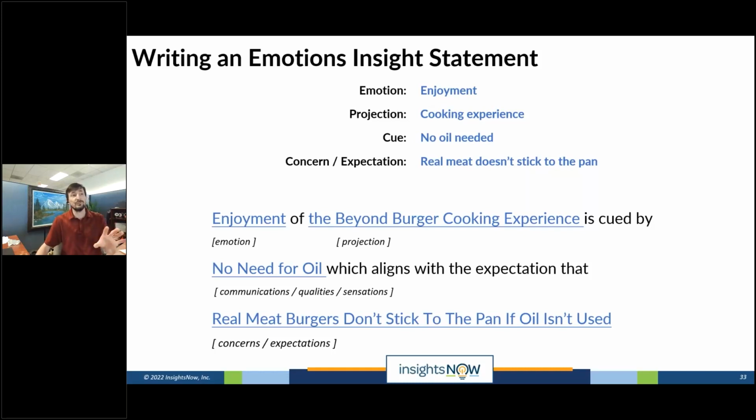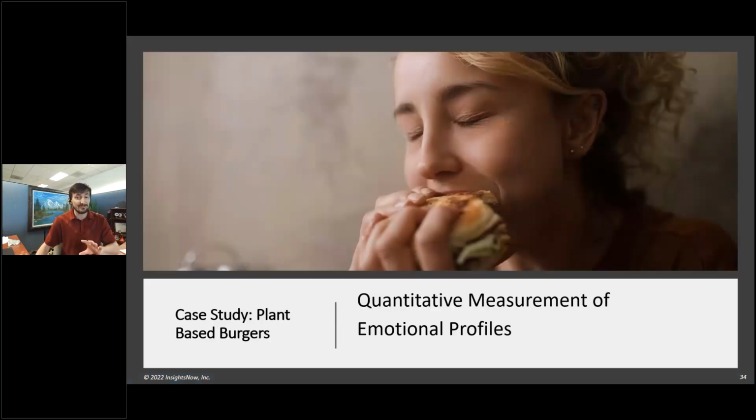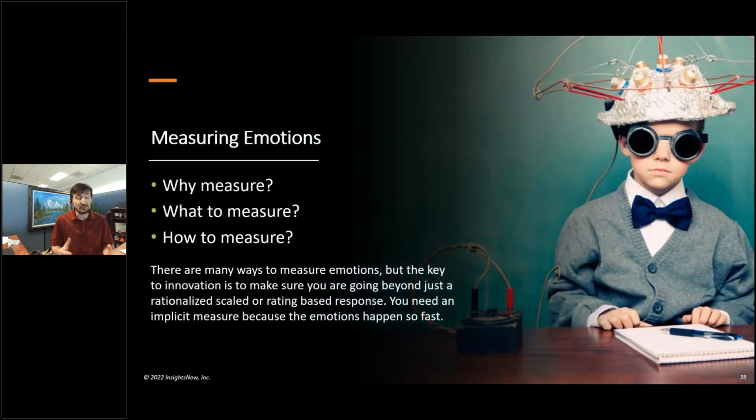You can also do this where you measure the emotions. So now we're going to talk about when you go into research and you actually run quantified emotions assessments. One of the things that's important when we're looking at quantification and measuring emotions is, number one, you've got to know why you're measuring them. You've got to make sure you go into research with a specific objective, not just go, hey, let's add emotions to this one. Well, why? What are you going to do with them? What are you going to use them for? If you learn something about an emotion, what actions would you take against your innovation?